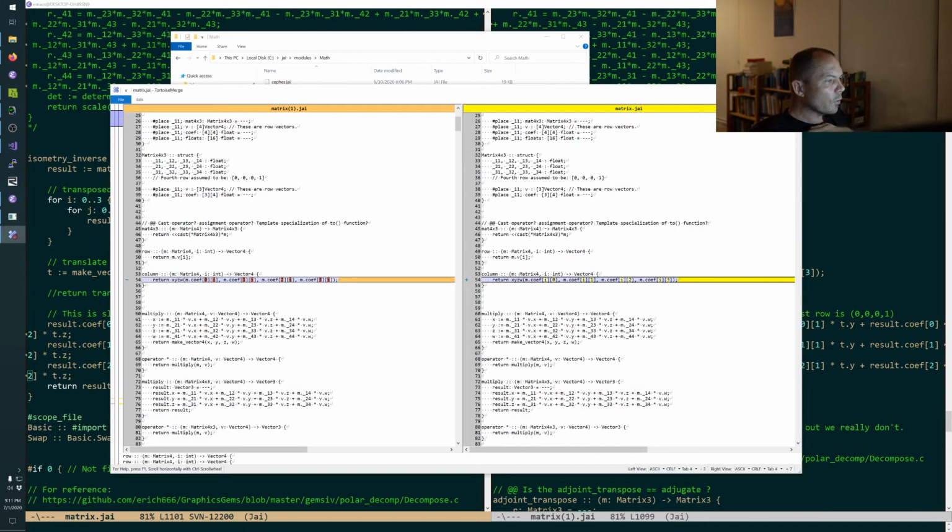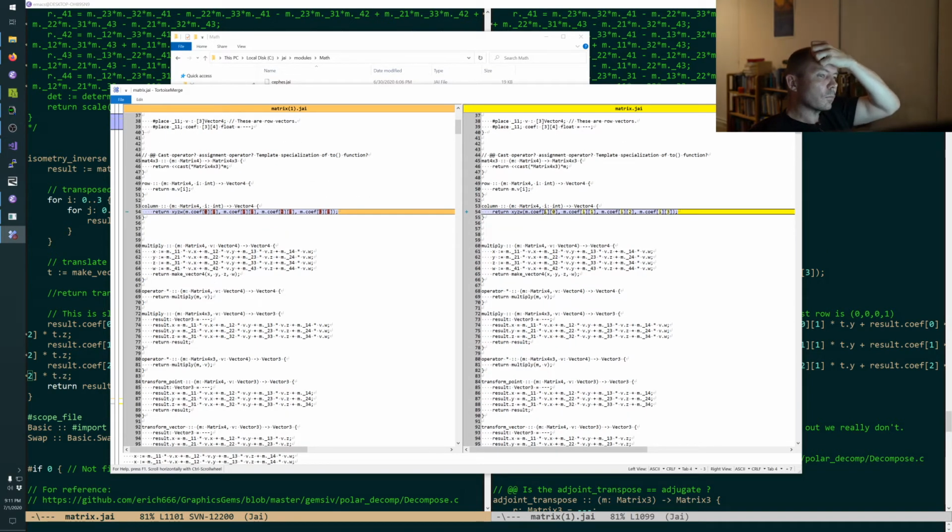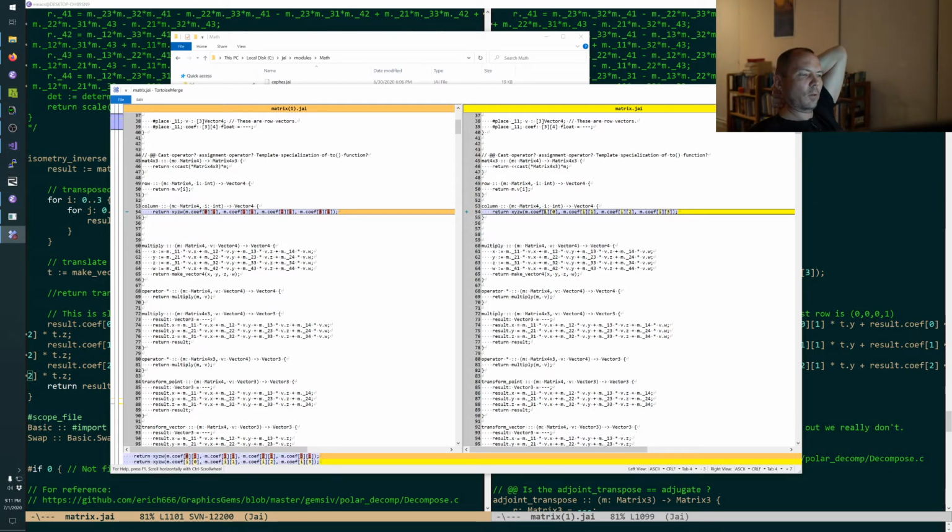Okay, column function. I mean, it shouldn't work this way anyway.